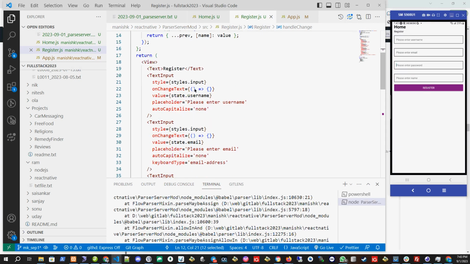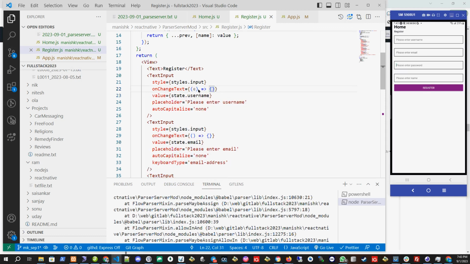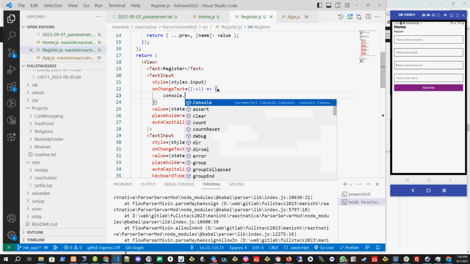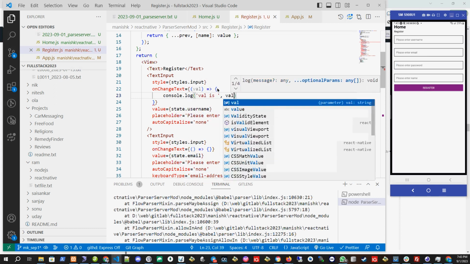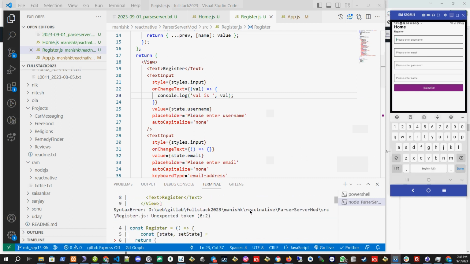Now I will call this handleChange function. So whenever something is changed, we don't get e like we get in the web world, e.target.value. That is the web world. We will not get it like that. We will get some value, a direct value. So if I do console.log of value is value, and you will see when I type this one,